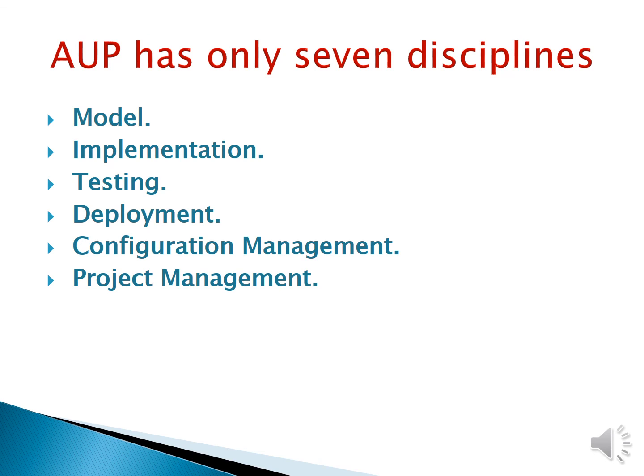Then the next one, that is project management. Direct the activities that take place within the project. This includes managing risk, directing people, and coordinating with people and systems outside the scope of the project to be sure that it is delivered on time and within budget. And the last one, that is the environment. Support the rest of the effort by ensuring that the proper process, guidance, and tools, that is the hardware, software, etc., are available for the team as needed.